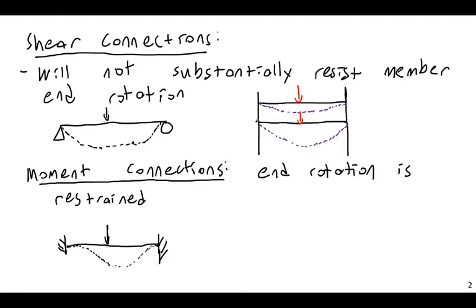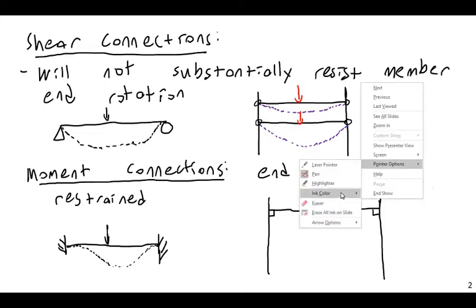And so maybe for consistency, I should draw some pins here showing that these are pin connections. But what if I have fixed connections? So this is definitely a bit of a review of the theory from structural analysis. If I have a frame with a fixed connection, what I am assuming is that if this is at a right angle here, and this is at a right angle here, when this thing is going to rotate,